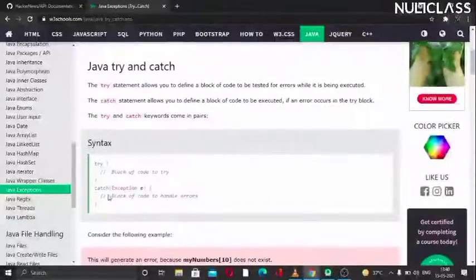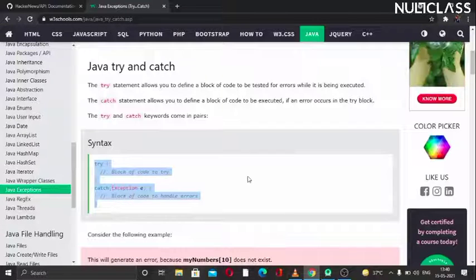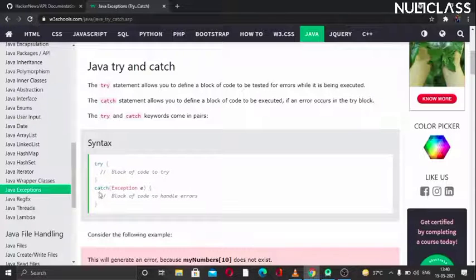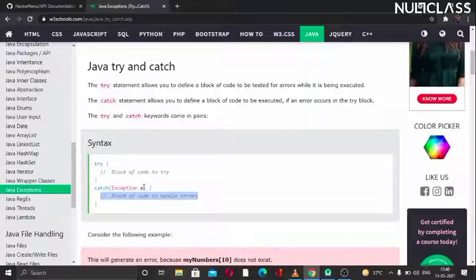This is the syntax. You write the code which you are not sure will work or whether it will have errors, in this try block, and you write the exception handling, so if an exception is found, then the catch code will run.